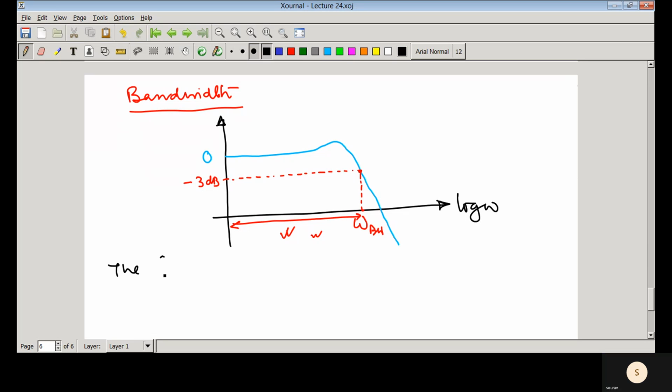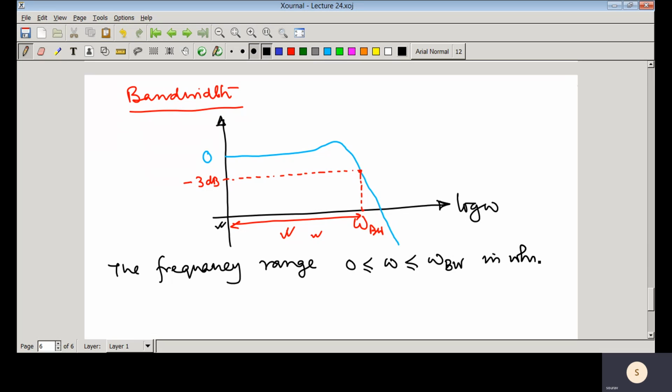So the frequency range. What is that frequency range? That is 0. Whenever you draw the Bode plot, this frequency is tending to 0, like 0.01, 0.001, it is in log scale. So the frequency range, that is omega less than W bandwidth and greater than 0, in which the magnitude of the closed loop, here we have shown the frequency response of the closed loop transfer function,